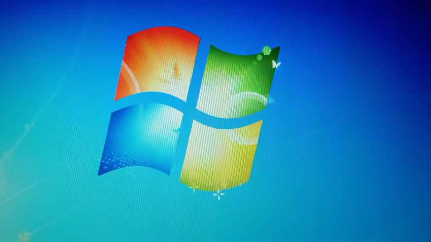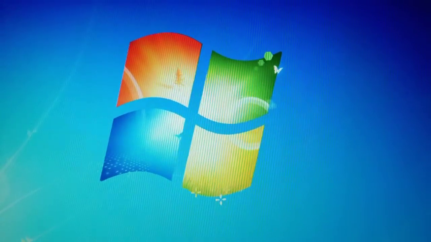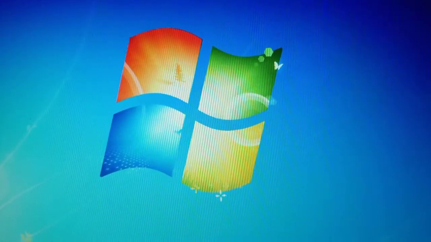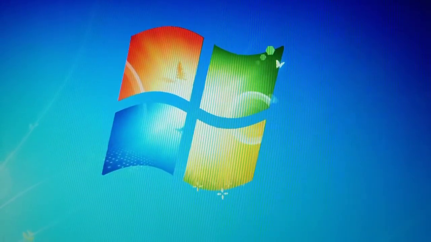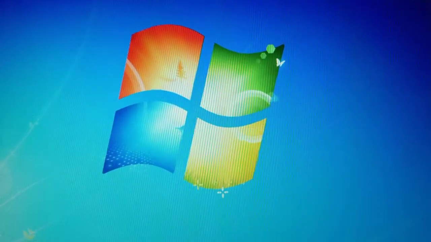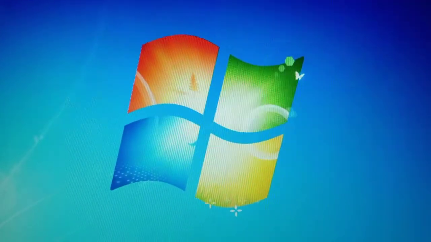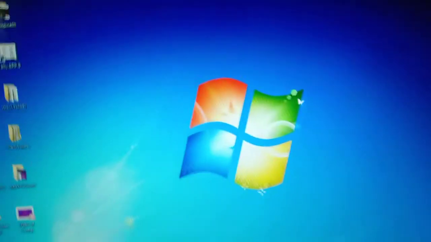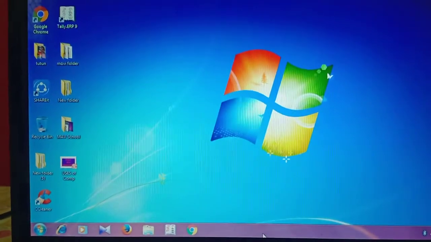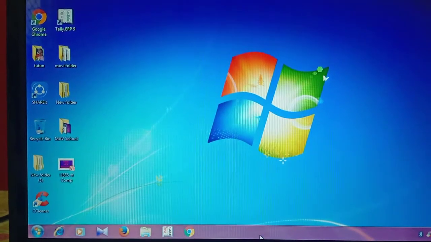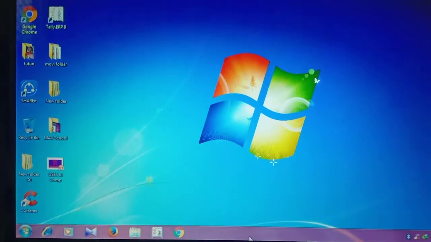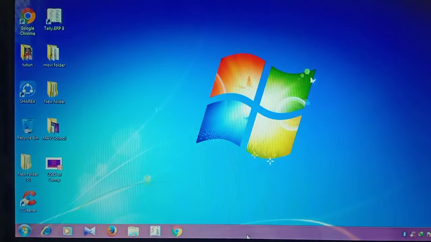So here we will learn what are the desktop components of this Windows 7 operating system. I will explain everything by using my laptop. See, this is the Windows 7 desktop.